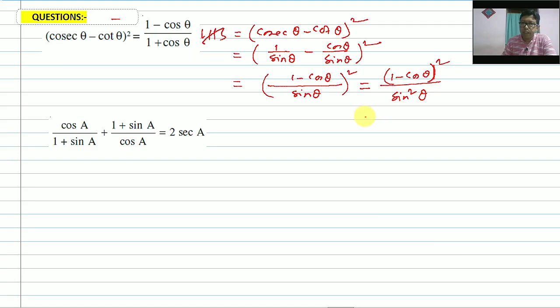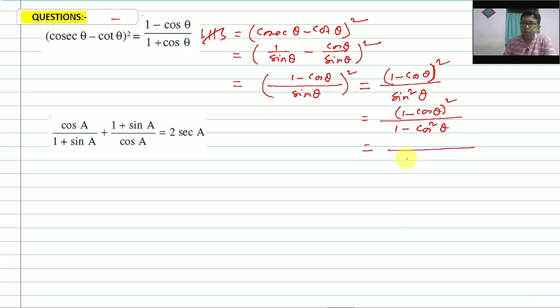Well, what is sin square theta? Sin square theta is equal to 1 minus cos square theta, because you know sin square theta plus cos square theta is equal to 1. So sin square theta is equal to 1 minus cos square theta, and the numerator as usual, don't change this: 1 minus cos theta whole square, and